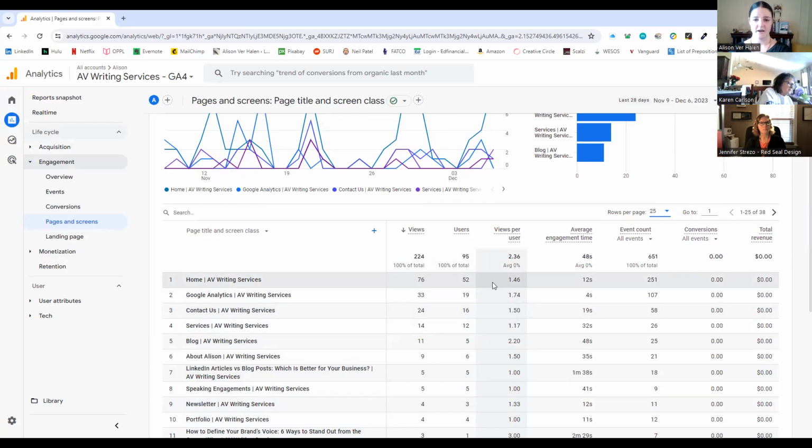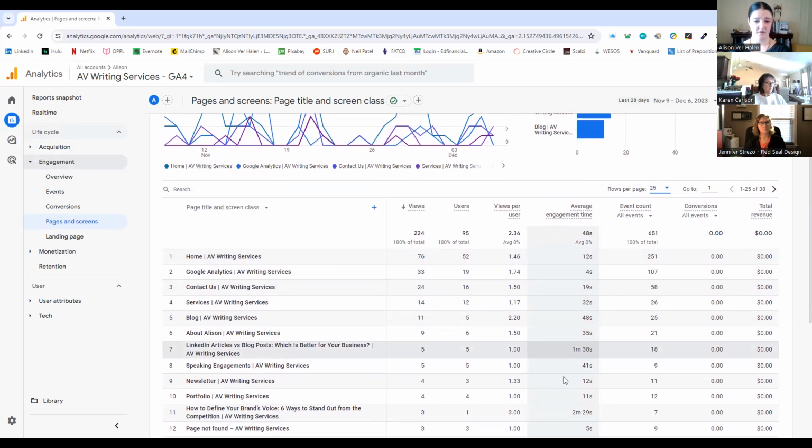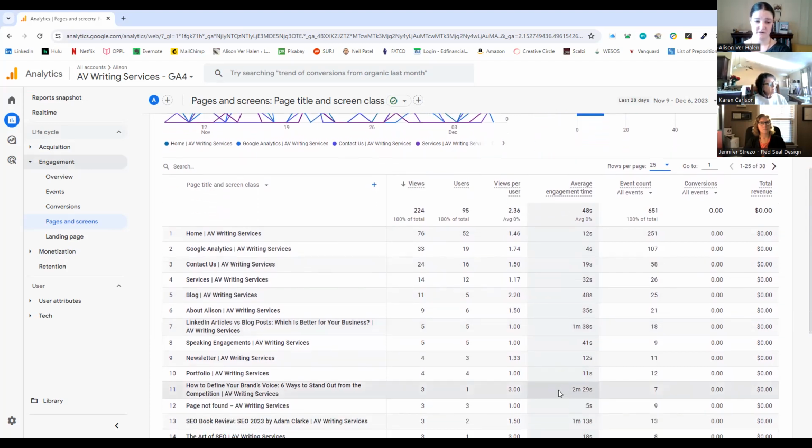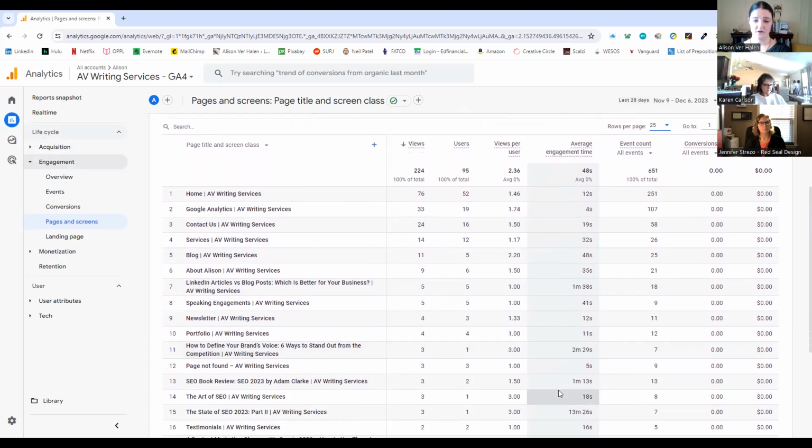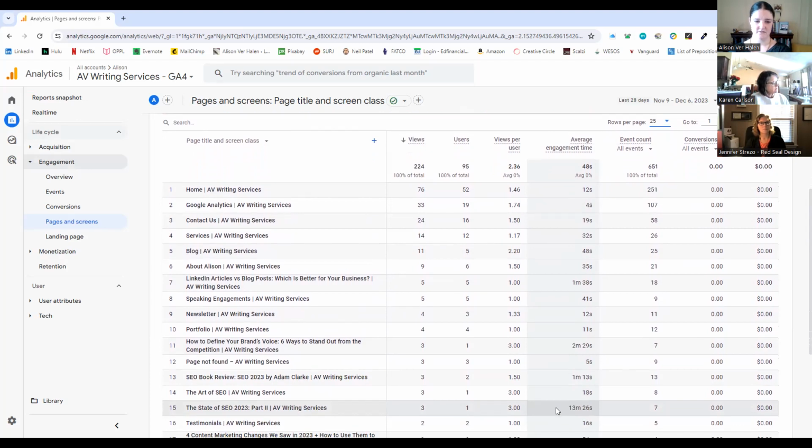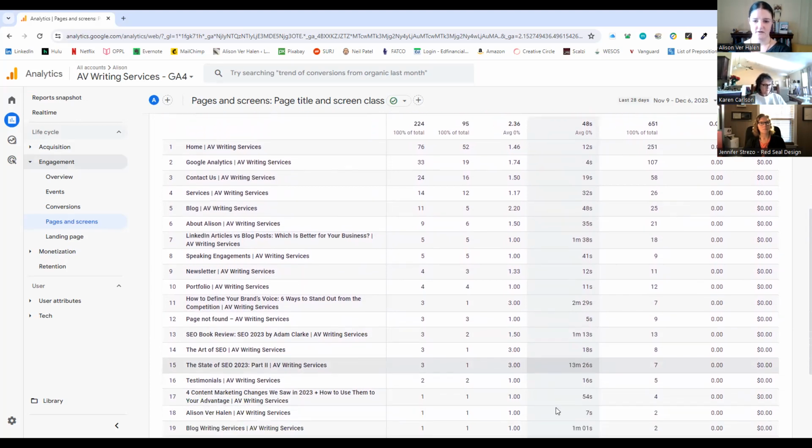So on average, it was a little more than 1 view per user, almost 1.5 views per user. Average time spent there, again, homepage and the webinar and the contact us, yeah, a few seconds makes sense. They were spending 1.5 minutes on my LinkedIn articles blog post, 2 minutes, 2.5 minutes on how to define your brand voice. So you can see the longer content is getting, 13 minutes on the state of SEO, wow,